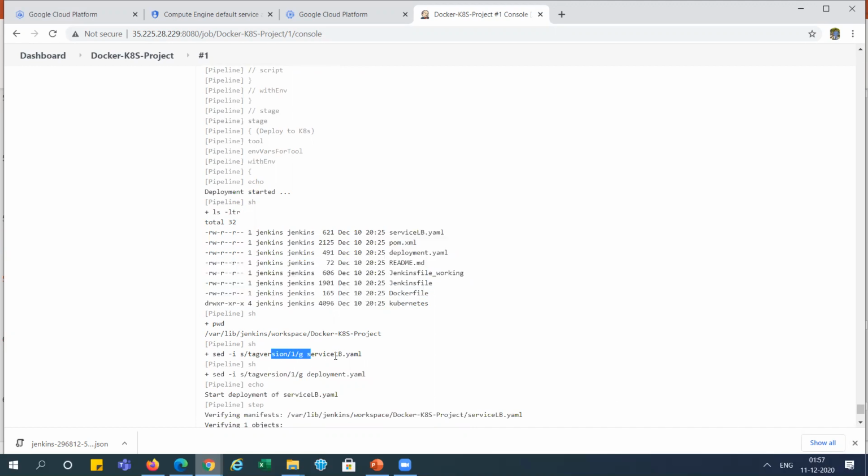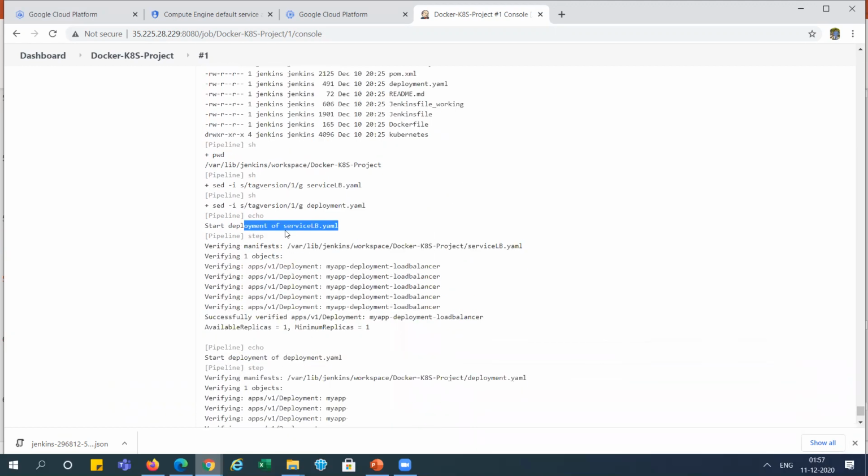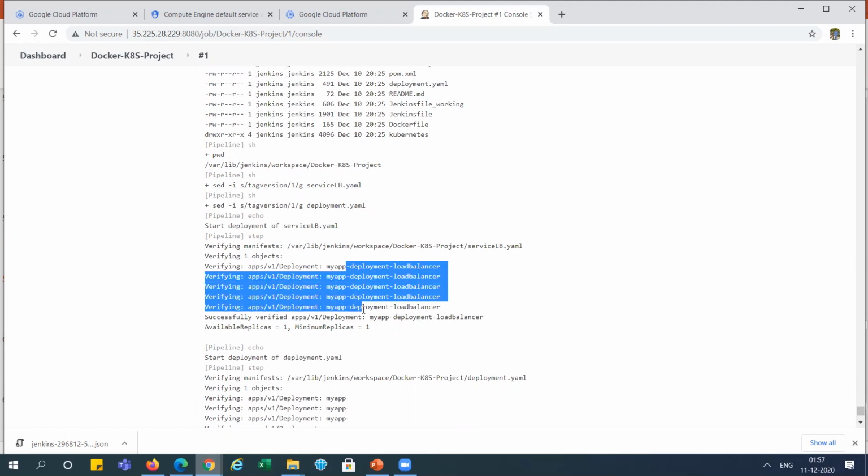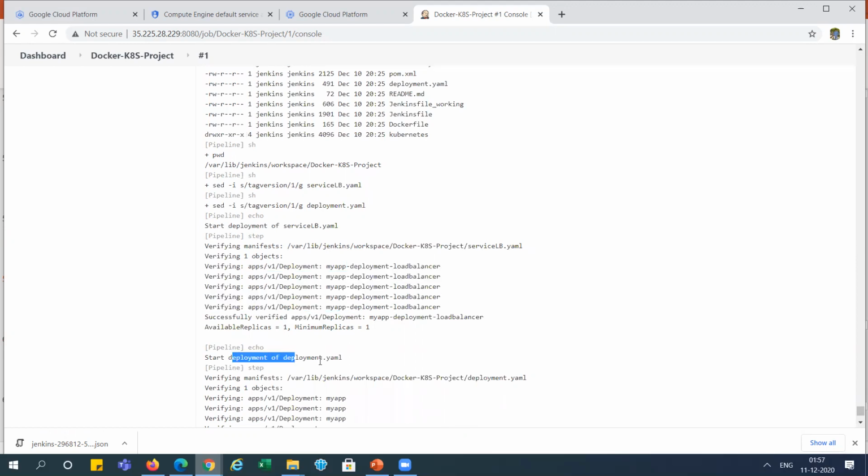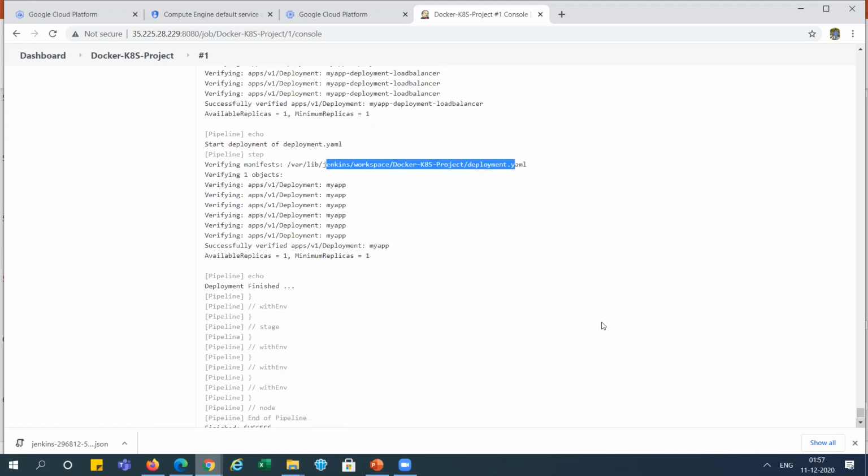And now the set command is run for both. Now start deployment of the service lb.yml file. And you can see verifying, it is successfully verified. This load balancer is deployed here, right? Now start deployment of the deployment.yml file, and it is successfully deployed again, right?